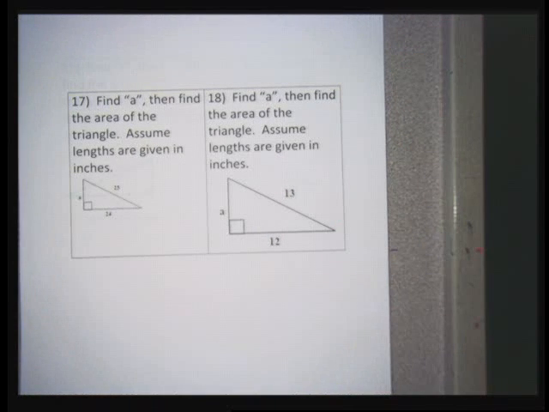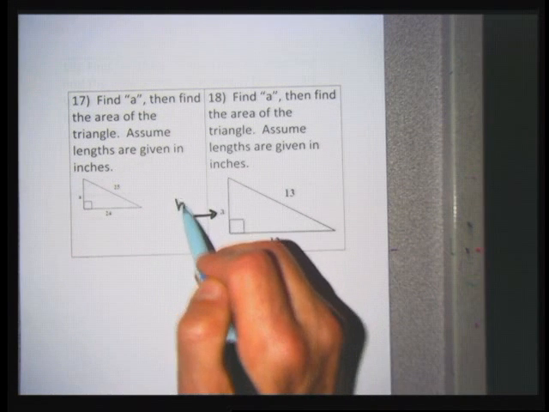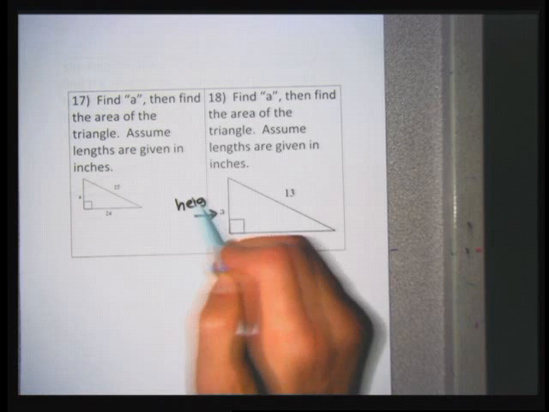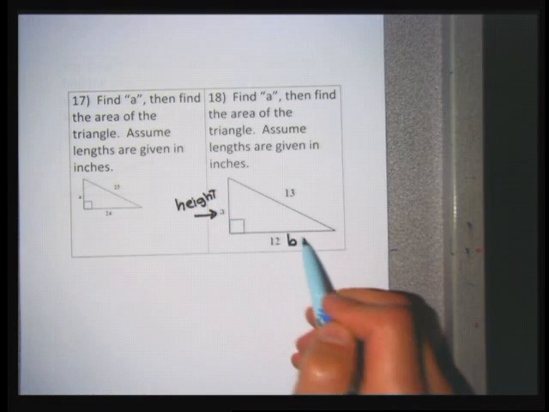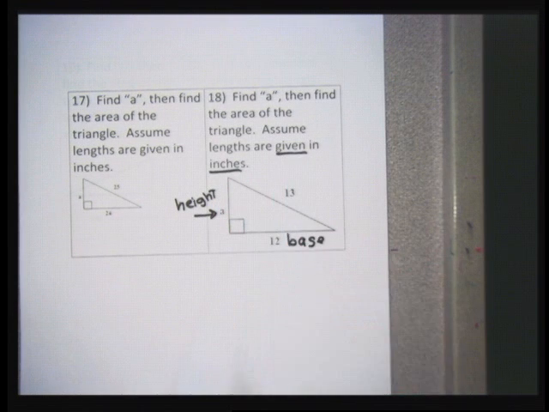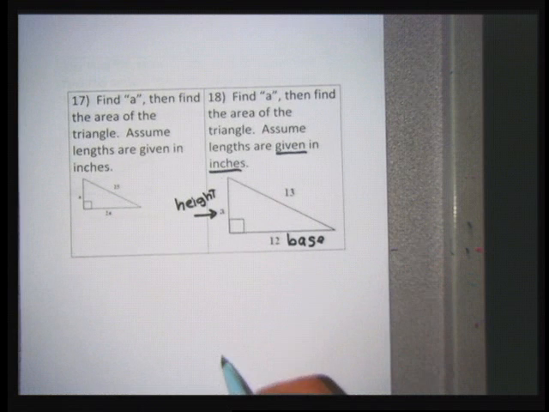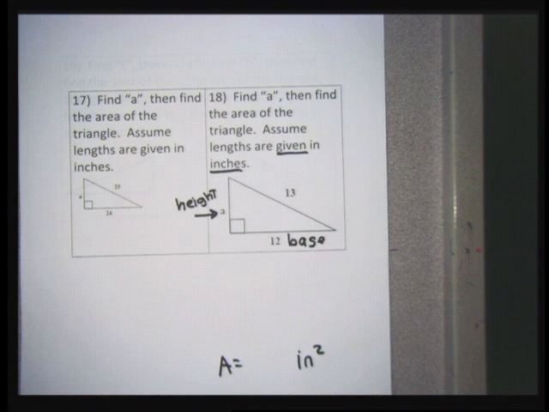So in problems 17 and 18, this side right here is going to be a height because it connects from one vertex to another side with a right angle. This side's going to be a base. It says assume the units are given in inches. So in my answer, eventually I'm going to say the area is something in square inches because all my area computations should have units. In this problem, I don't know what the height is, so I'm going to use the